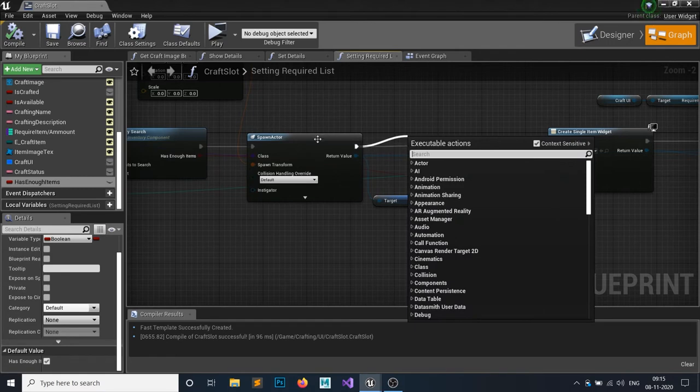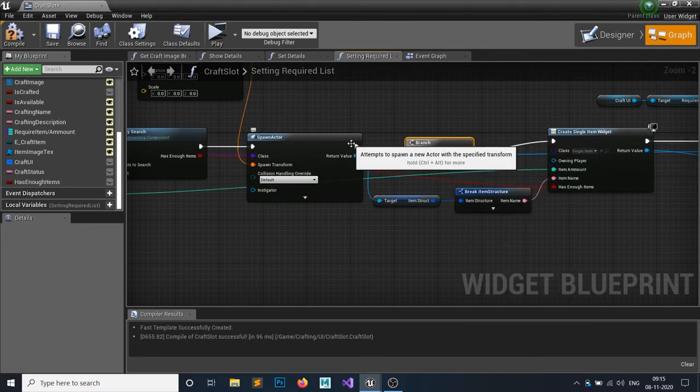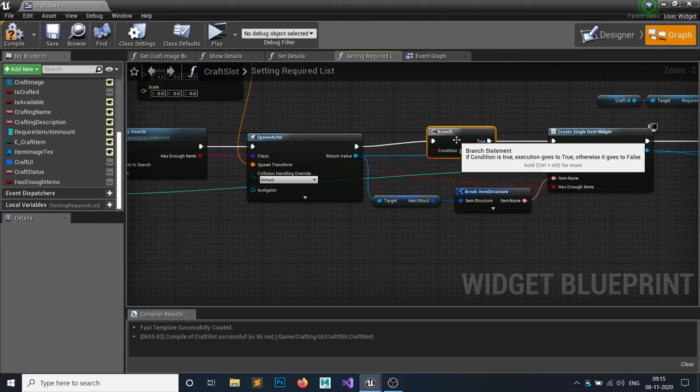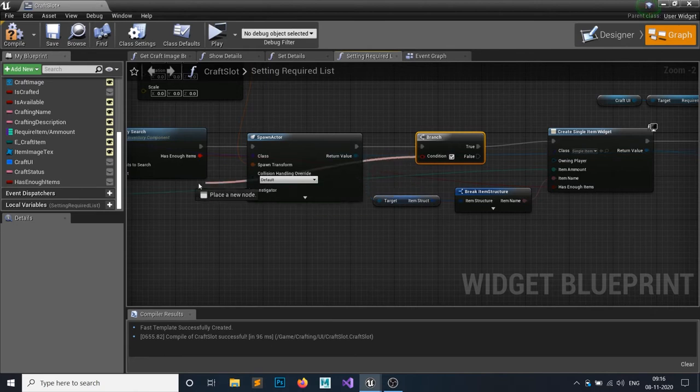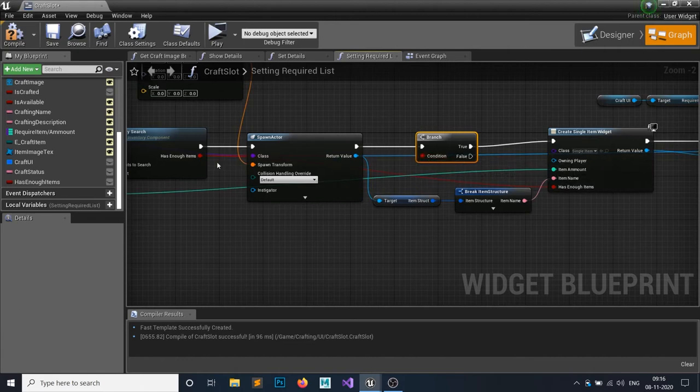So after spawning this actor, hit a branch, and if this is true, let me just double click to add a reroute node so you can see it clearly. So if this branch is true, then I simply want to follow this path.